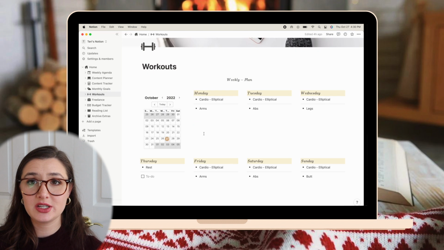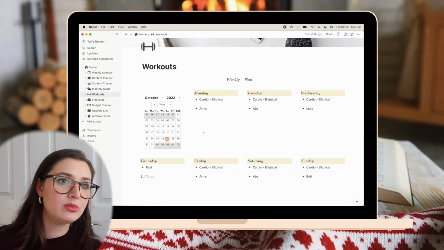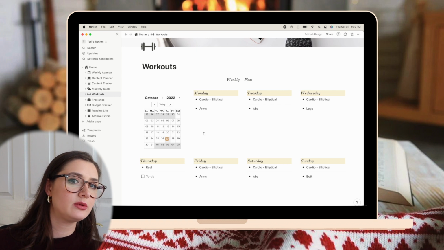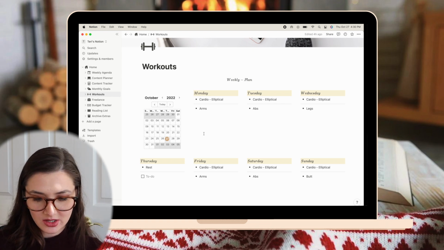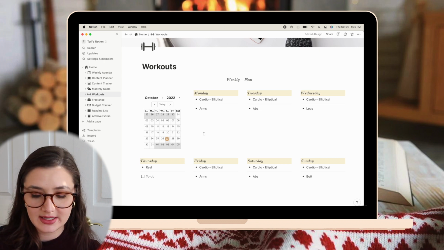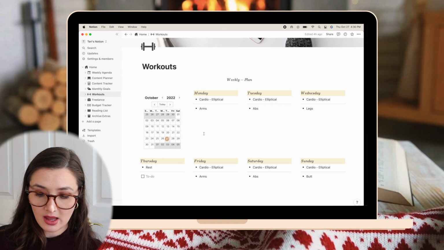Workouts, I did make a change to this since last month. Instead of doing that 5, oh, Blue Jay just flew by. That was so pretty. Instead of my old routine, I changed the routine. So it's cardio and basically a different body part focus per day. And it is more than 5 days a week. It's just one rest day.